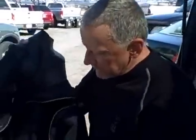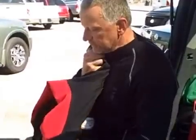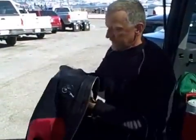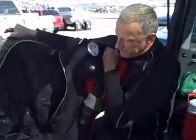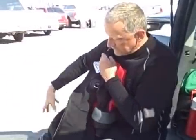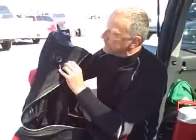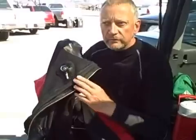The suit that I'm about to put on is a tri-laminate suit with latex seals at the wrists and the neck. Got a waterproof zipper down the front. And then an inlet valve there. There's a hose that will attach to this inlet valve so I can add air to the suit, because as